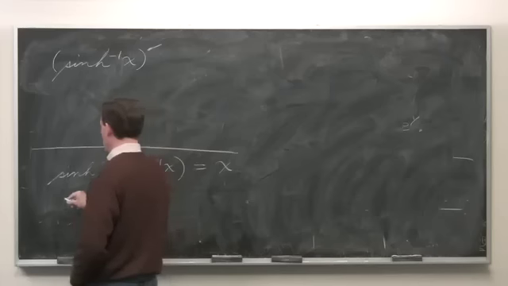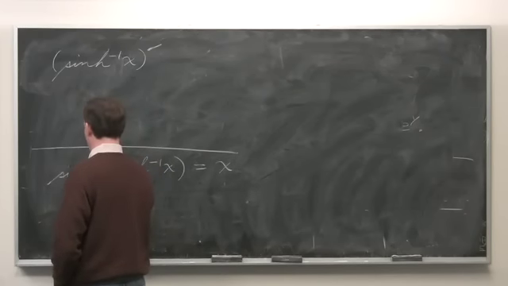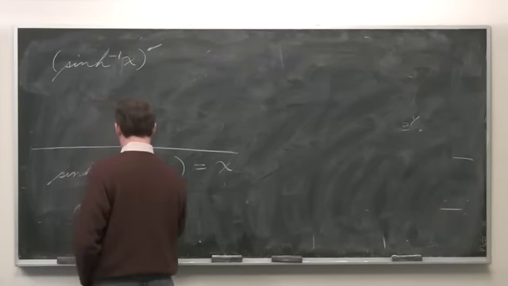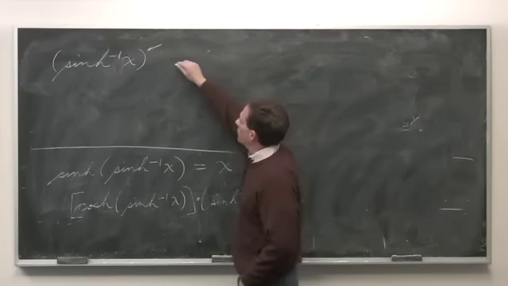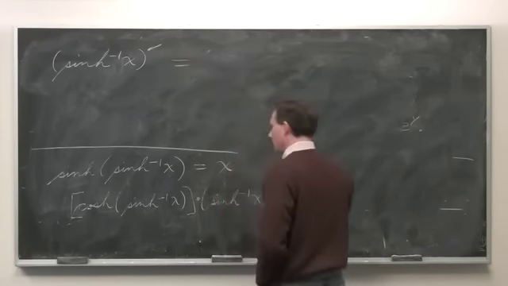But over here, you use the chain rule. You differentiate the outside function. The derivative of hyperbolic sine, though, is hyperbolic cosine. You leave the inside stuff exactly how it was. But then by the chain rule, you have to multiply times the derivative of the inside stuff, which is why this is going to give us a formula for the derivative of inverse hyperbolic sine. You get that equals the derivative of that side, but that's 1. So what you get is that the derivative of inverse hyperbolic sine of x is 1 over